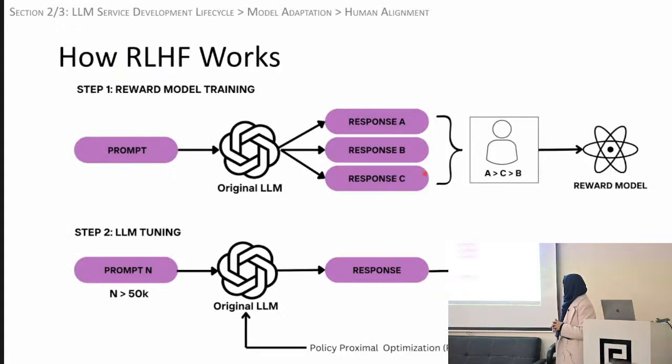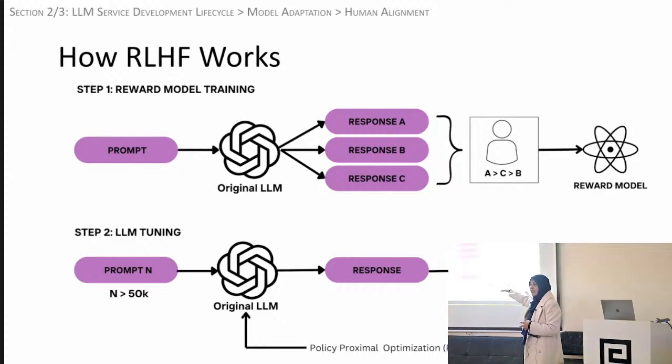All right. In the second step, you now tune the LLM by using this reward model. So you get the LLM, you feed it lots of new prompts now. This is a new training set. You get it to generate responses, right? And you feed each response to the reward model. Now the reward model, because it's learned to distinguish between aligned and unaligned responses, or preferred responses and not preferred responses, is able to give a score to that response of the LLM, right?